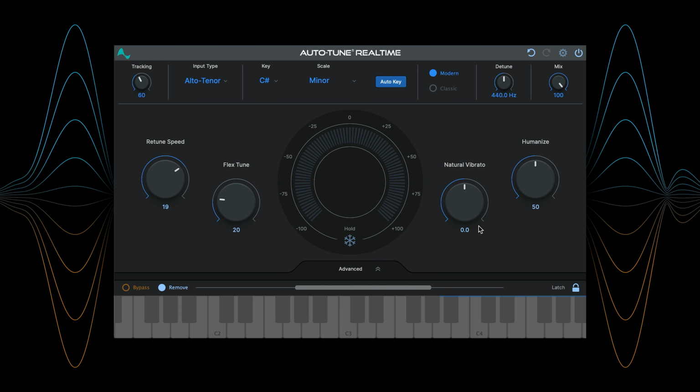The Natural Vibrato control lets you either expand or limit the range of vibrato that's already present in the vocal performance. Negative settings will make the singer's vibrato less noticeable, while higher settings will accentuate it. Let's hear what it sounds like when I raise this control to make the vibrato in this recording even more